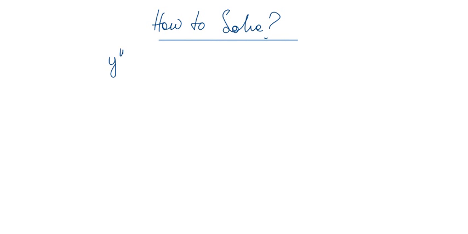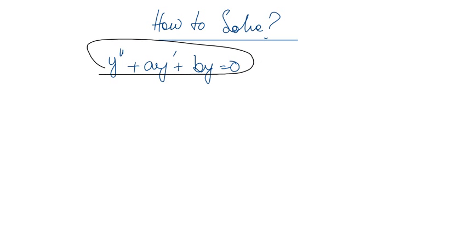So to start with, how to solve. Say you have been given the standard differential equation y double dash plus a y dash plus b y is equal to 0, wherein y double dash corresponds to d squared y by dt squared, y dash corresponds to dy/dt,